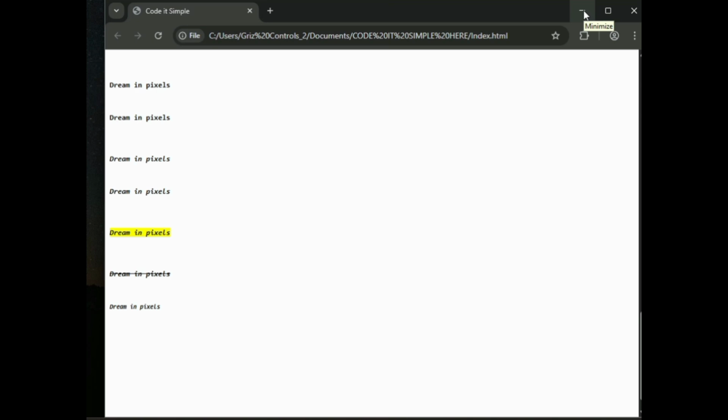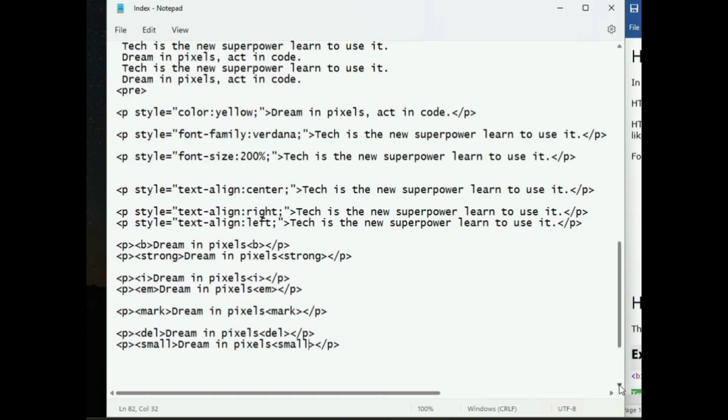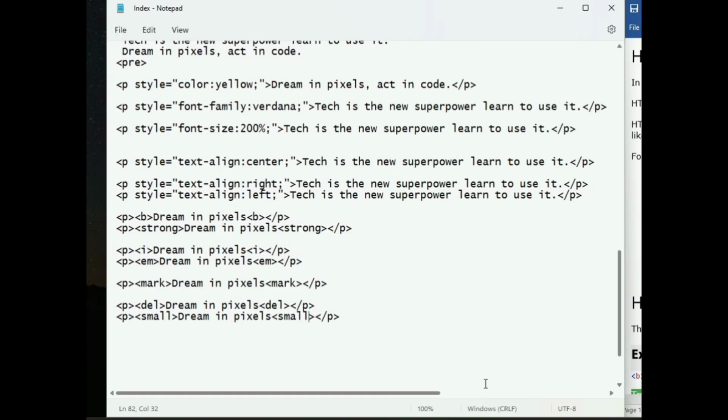If you want your text to be small, so this is how to format in HTML. You know, in Microsoft Word, you have all these things in the menu. You can just select it and it will start working for you. But in coding, you are the one to put all these things in the notepad. Then if you want your text to be inserted, let us format this very text